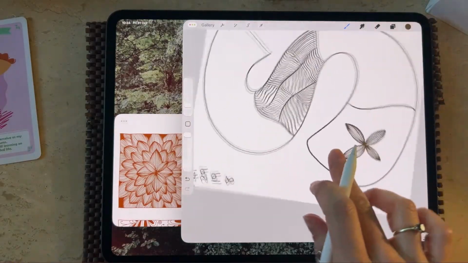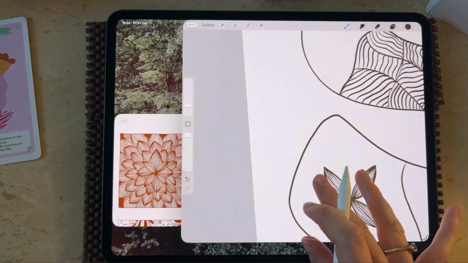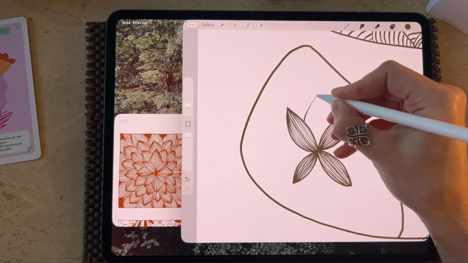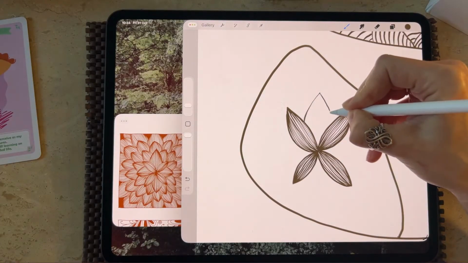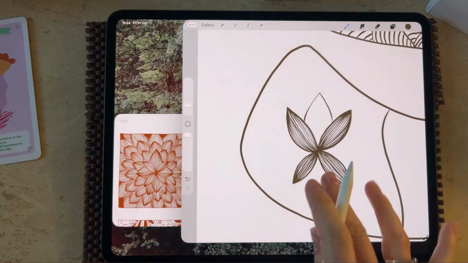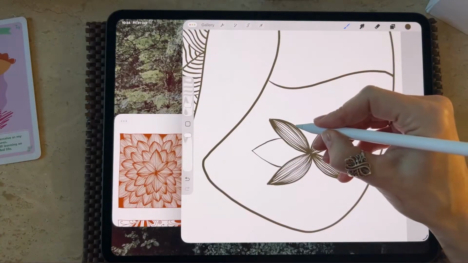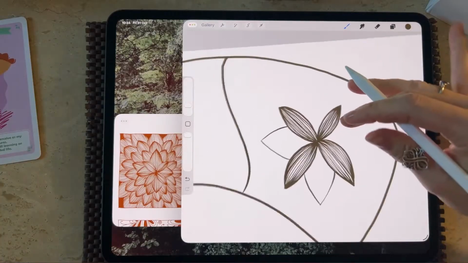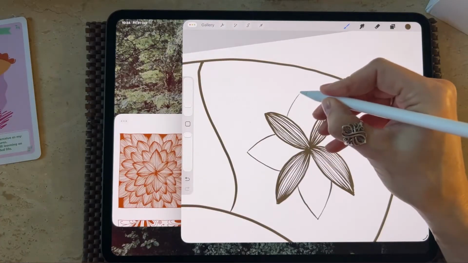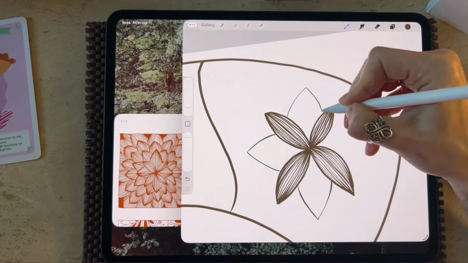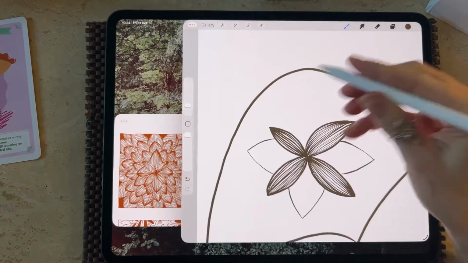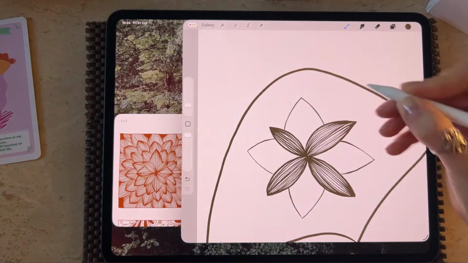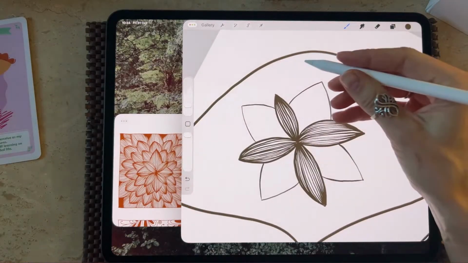Okay, so once you have your first four, then we start with the next layer. If you think of a succulent, another S word, the leaves create these different layers. Symmetry, another S word.